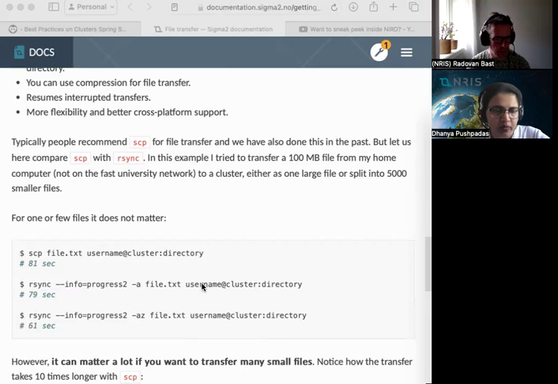It took 80 seconds, and it doesn't matter whether it's SCP or rsync. Then if I turned on the compression, that's the -az, it took a little bit less time. But the big difference is, if you scroll down half a screen,